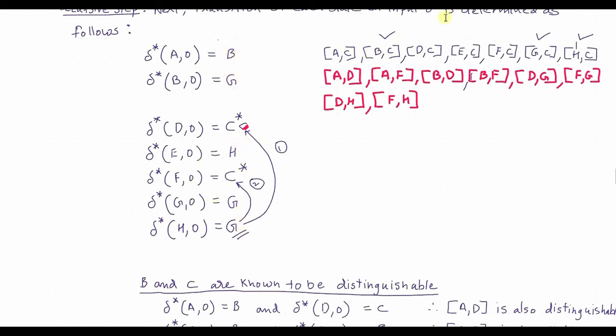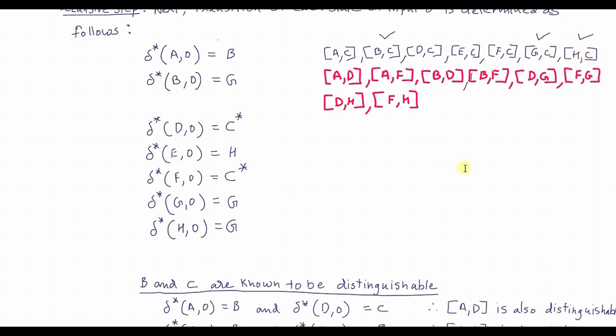So only these 3 states, if you consider the pair of states, only those will yield new results, and others like d comma c, e comma c, f comma c, they will not be fruitful, because one or both of these elements might not be present on the right hand side, so you won't be able to deduce new things. Okay. So after seeing b comma c, after seeing g comma c, what remains is the last one, h comma c.